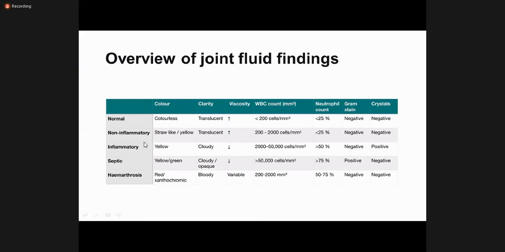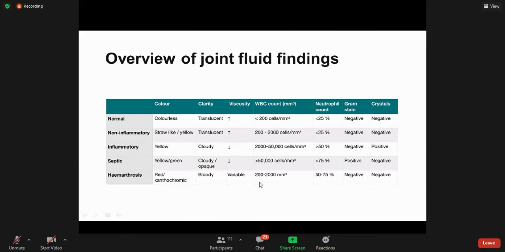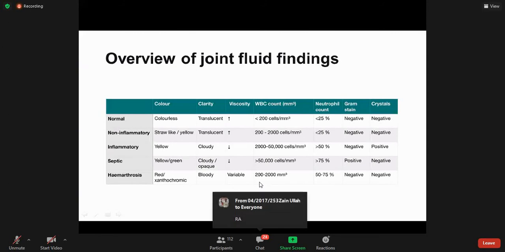Can you tell me which diseases you will call non-inflammatory joint diseases? Those joint disorders in which inflammation is absent. Which ones could they be? Yes, osteoarthritis. Okay, and any other? Actually, you will find polyarthritis nodosa, rheumatoid arthritis.